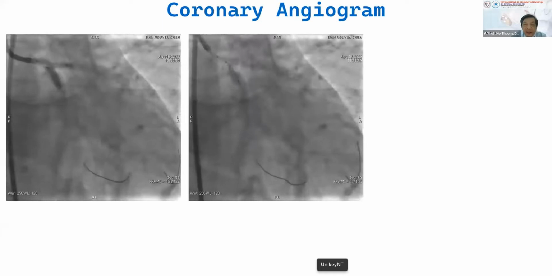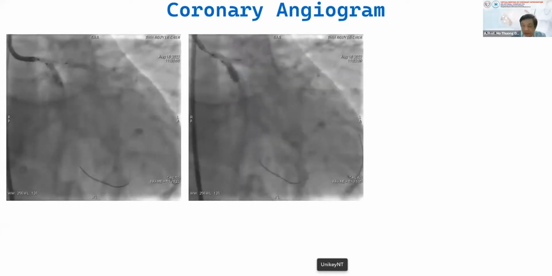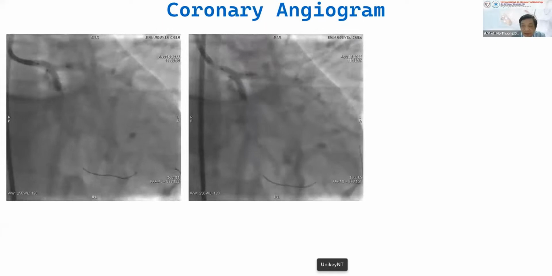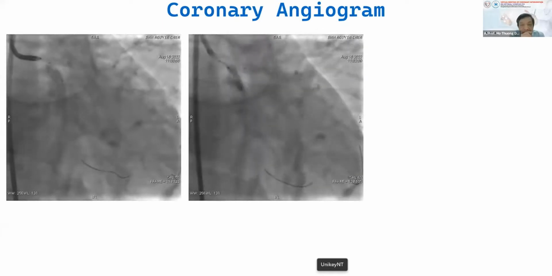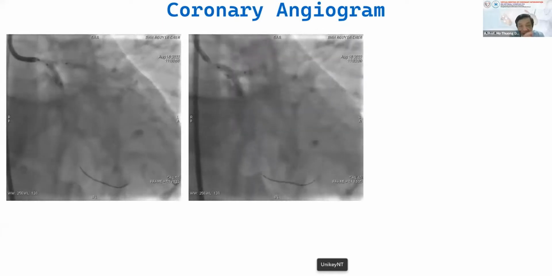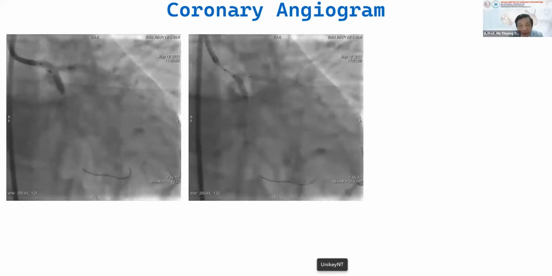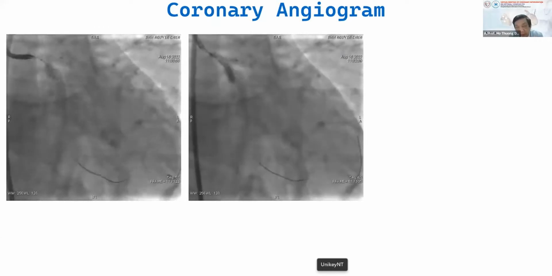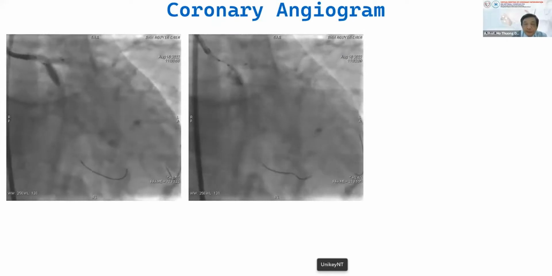And when I see in the IVUS, the distal segment of stent is okay, no restenosis and no under expansion. So I choose the two stent technique, with one stent in the ostium and proximal segment of circumflex